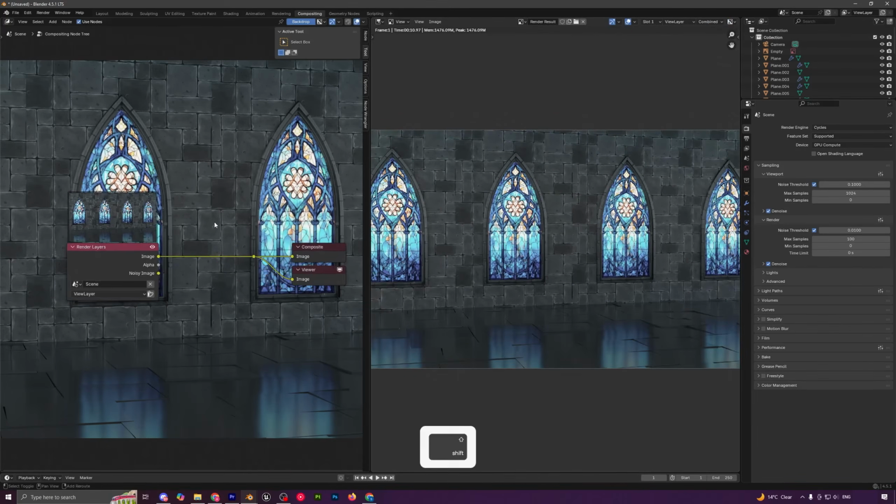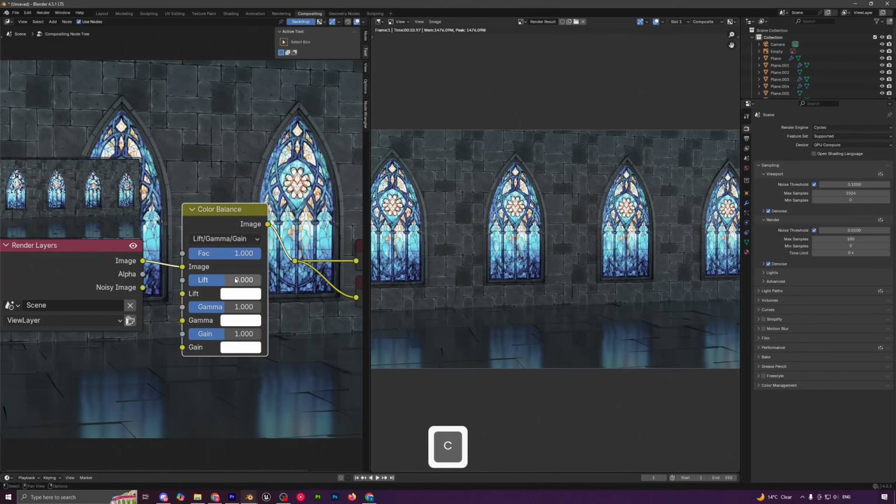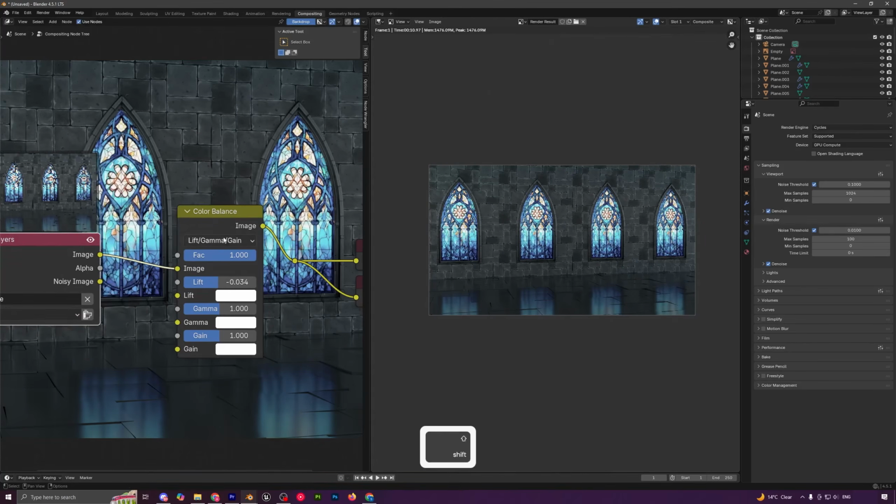So first start off by adding in a color balance node. So press Shift A, add in a color balance. I will decrease the lift, which will basically, as you can see, give me a little bit more contrast in the render. You can select any of the nodes and just press M to mute them and see the effect they add. So yeah, basically just decrease the lift value a little bit more, like 0.045,